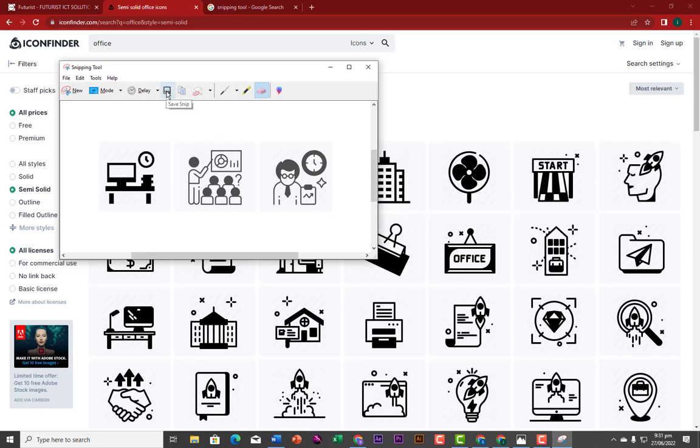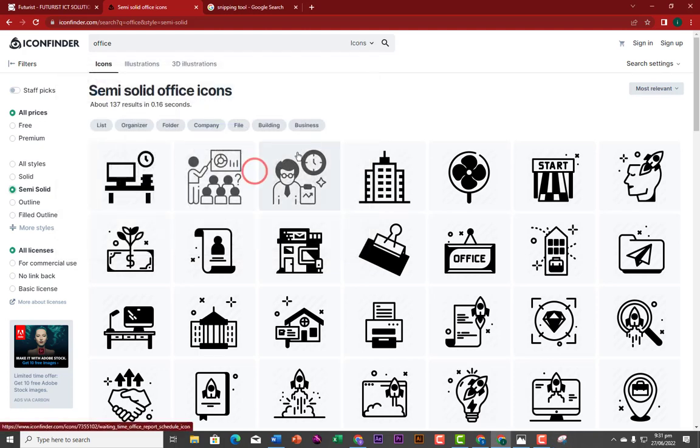So you can save, or you can copy or send to anybody you want to send it to, or you can just use pen to further edit your snipe image. So I'm going to close this as well. Let's consider the other options. So I'm going to click on my snipe tool